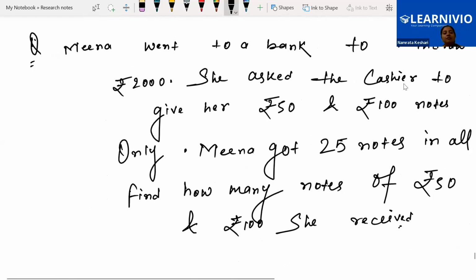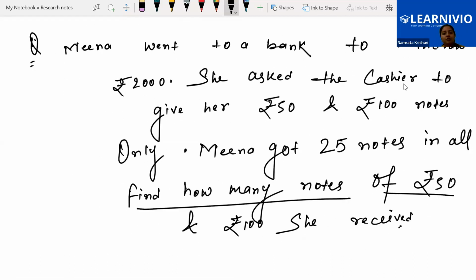Because the person is having, we have to find how many notes of rupees 50 and 100. So maybe there are x notes which are of 50 rupees. There are total y